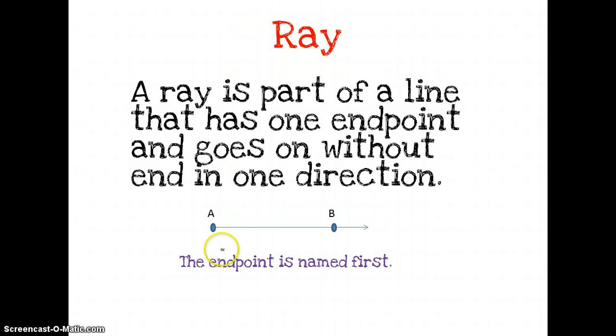Now, unlike the other things we've studied, like a line segment or a line, there's only one correct way to write this. To write this, you're going to draw a line with an arrow on one end, and the end point is named first. So this is ray A